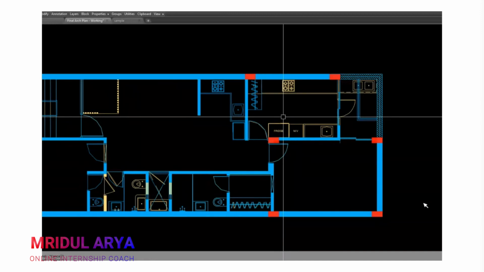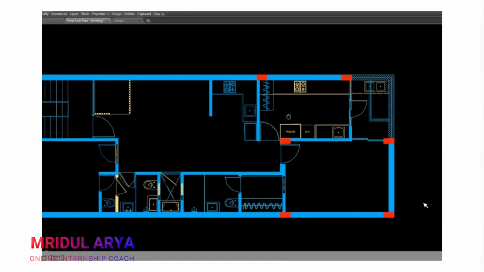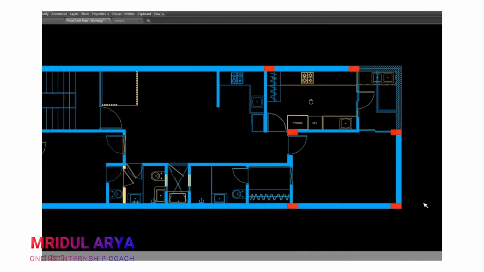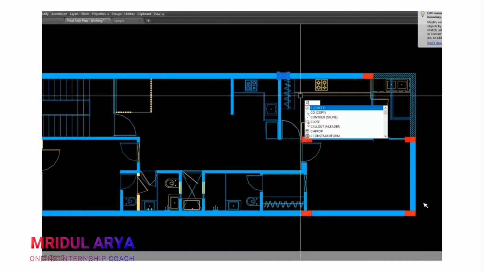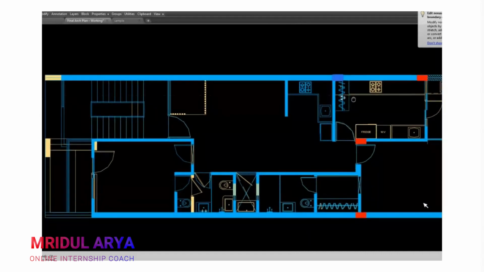It's directly proportional to the number of your columns. But it's not that you provide 100 feet of span or 20-30 meters of span for your beam. That should also not be done. But you will always try to reduce columns in your building. That will directly reduce the cost of your building.